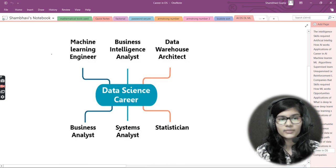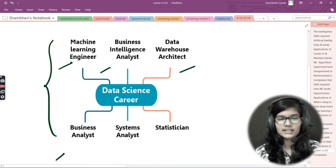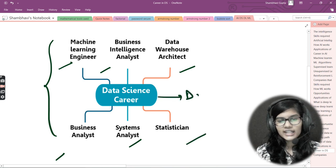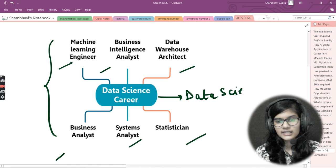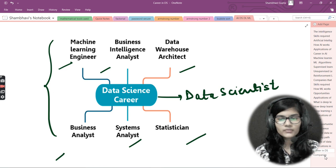Now, what are the careers? These are some careers which you can go after data science, and that is machine learning engineer. You can go for business intelligence analyst. You can go for data warehouse architect. You can go for business analyst, system analyst, and statistician. You can go for the role of a data scientist as well. So data scientist, I would just write that, right? So these are some of the career options which you can go after the field of data science. And at last,